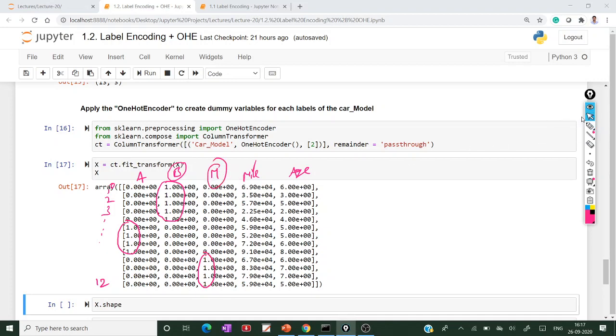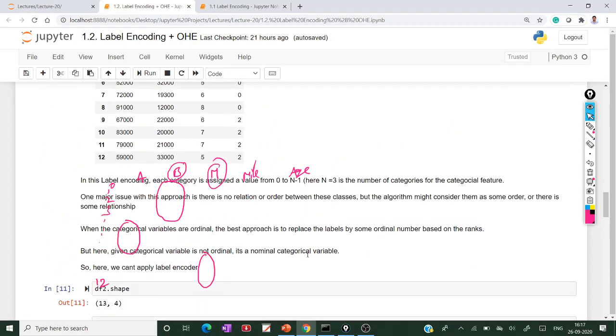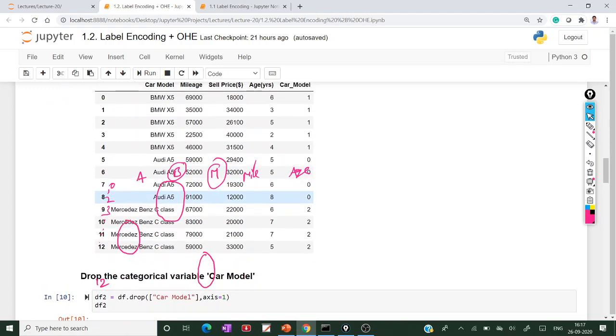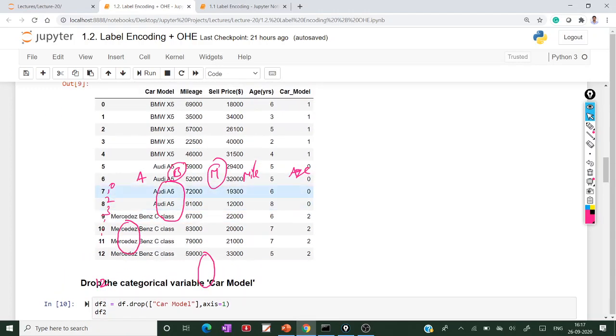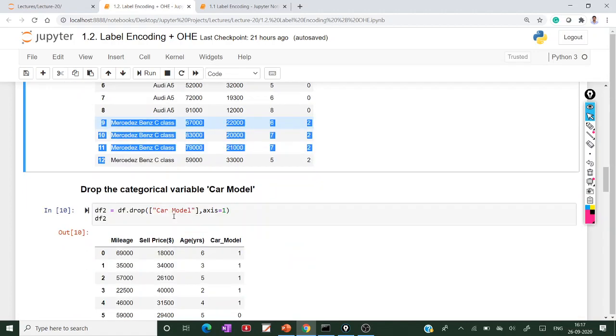From index 0 to 4 belongs to BMW, from index 5 to 8 belongs to Audi, and from index 9 to 12 belongs to Mercedes Benz.